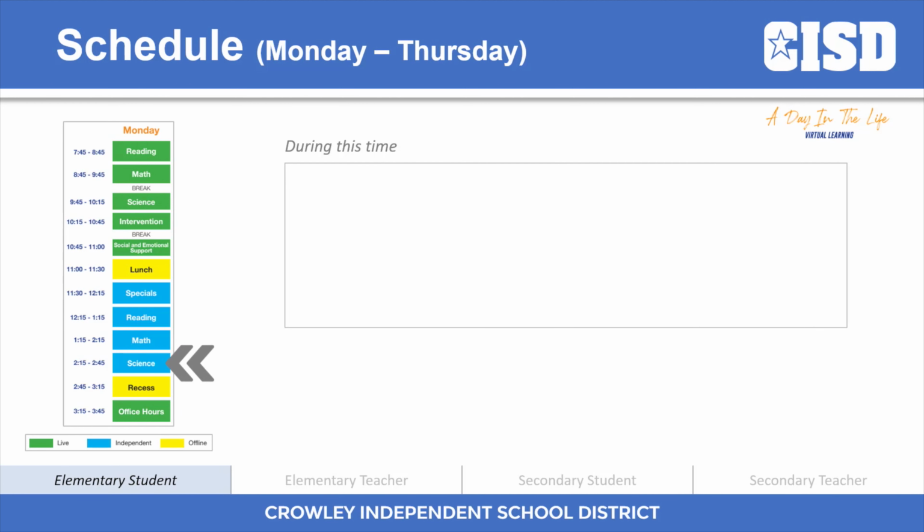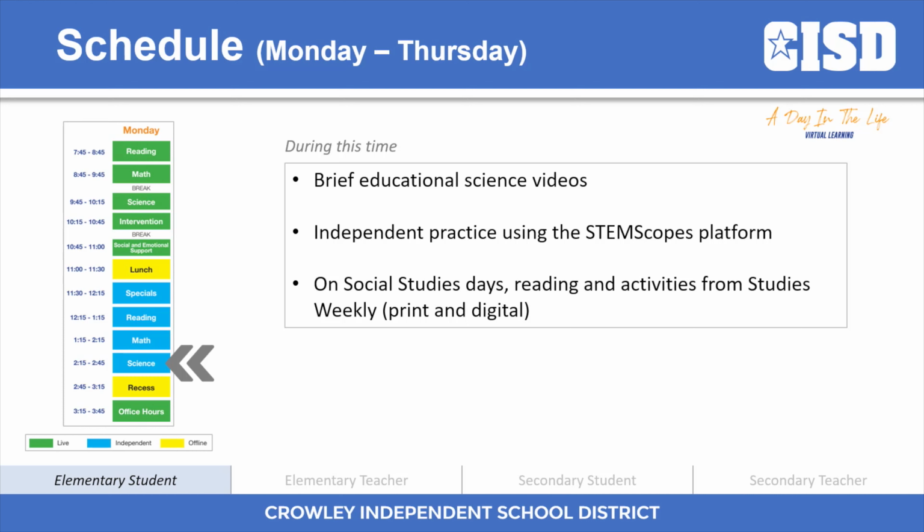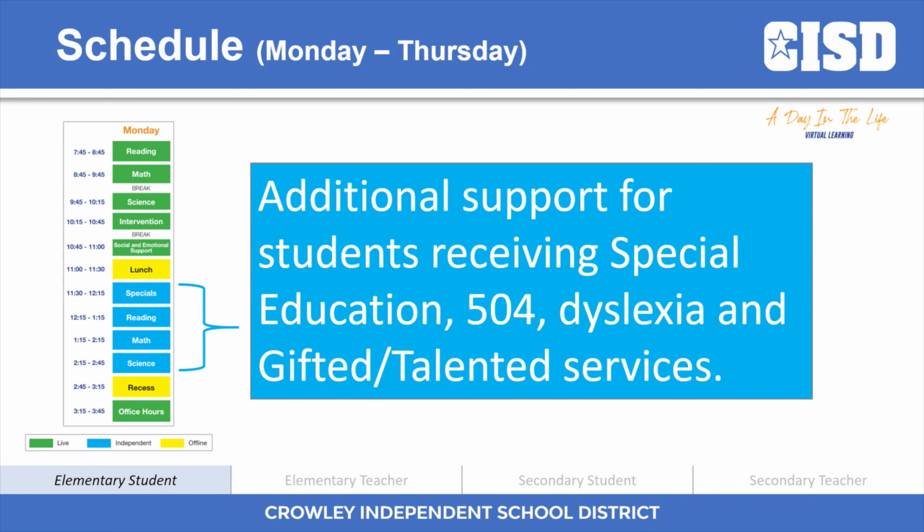Then Larry moves into his independent science block, which may include brief educational science videos, independent practice using our STEMscopes platform, and then on days where this is social studies, it may include reading and activities from Studies Weekly, both print and digital. As we talk about this independent block in the afternoon, it's also important to know that this